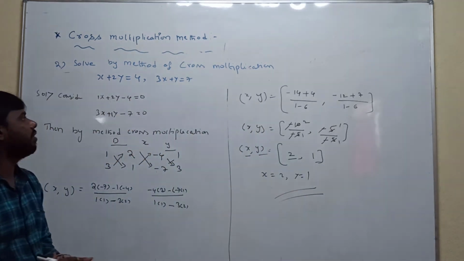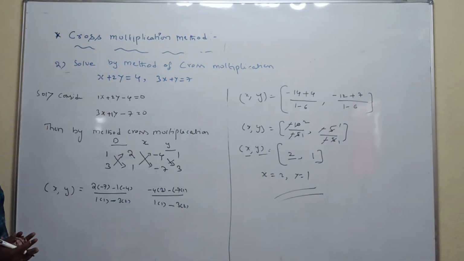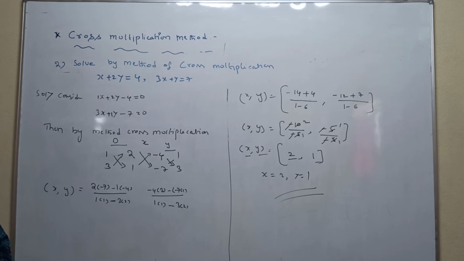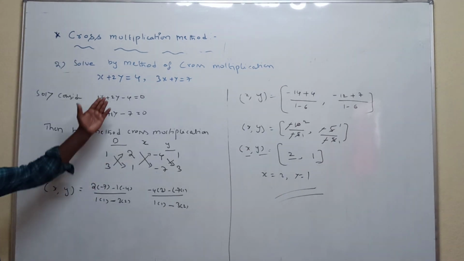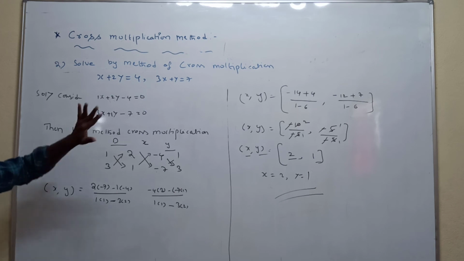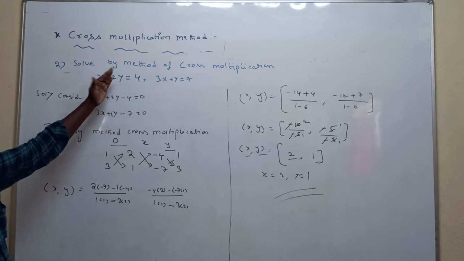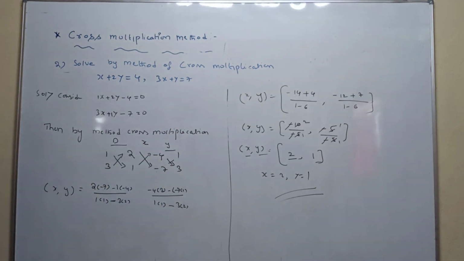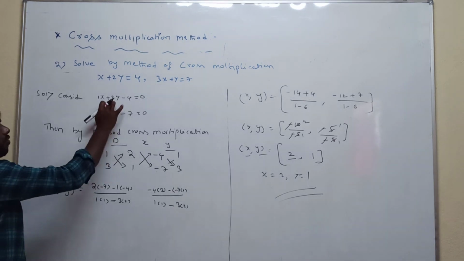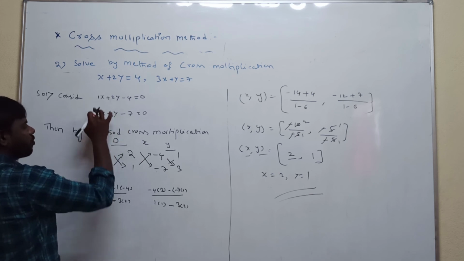This is the given equation solved by the method of cross multiplication. So, how to solve a given equation by the cross multiplication method, this is the process. First, check if the given equation is in standard form or not. This is not in standard form, that's why rearrange the equations. Take plus 4 to this side as minus 4 and take plus 7 to this side as minus 7. Now applying the cross multiplication method. Second step, write the first equation: x, y, constant coefficient values. The x coefficient is 1, the y coefficient is 2, the constant coefficient is minus 4, and write the x coefficient again.